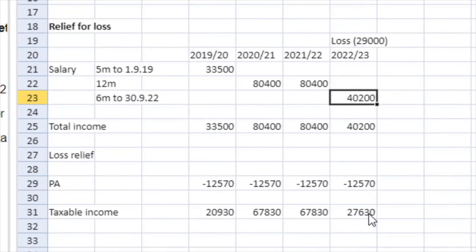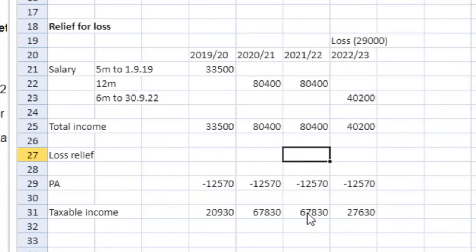So looking at the amounts of income, I can then see that for 2022-23, she's a basic rate taxpayer. Without the loss, the total taxable income is within the basic rate band. If we set off the loss, it would go before the personal allowance, which would reduce the income down to 0, waste part of the personal allowance, and save tax at 20%. Carry back to the previous year.